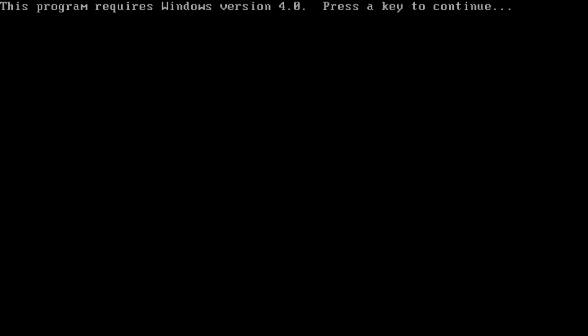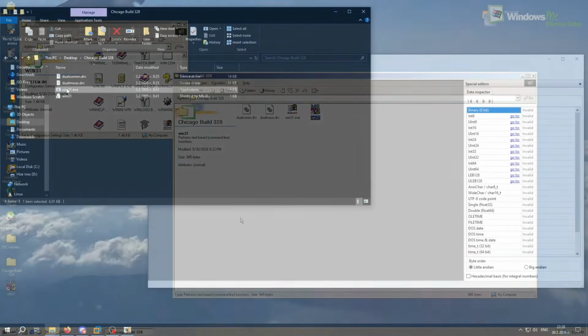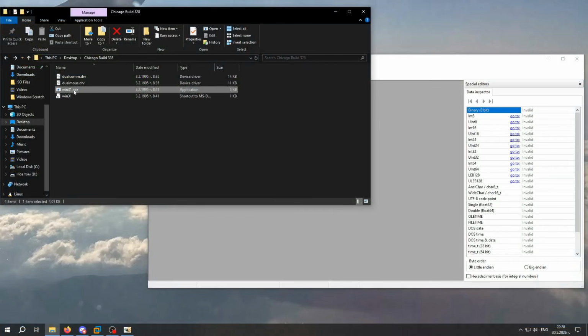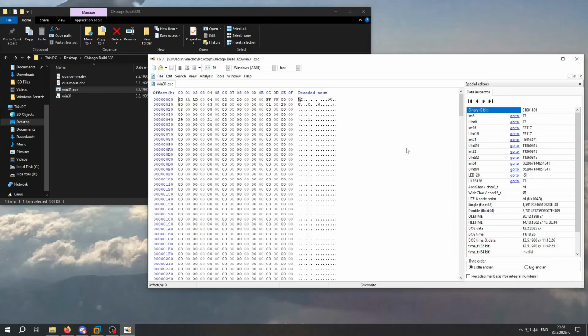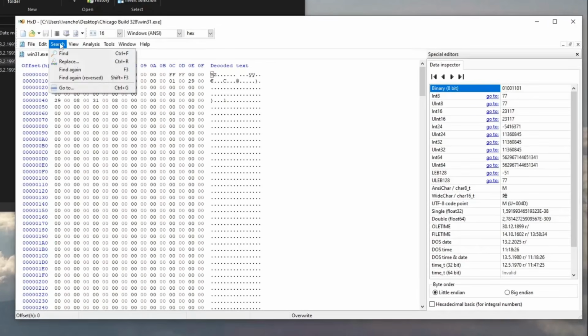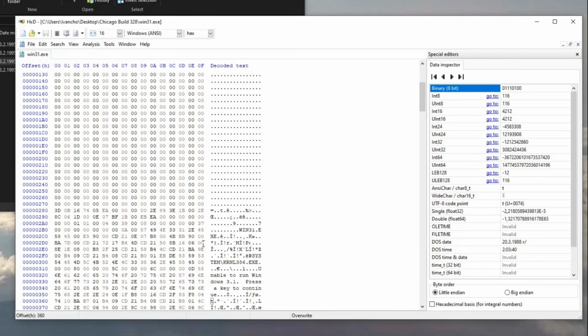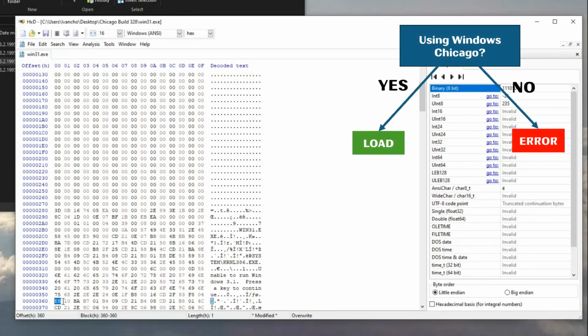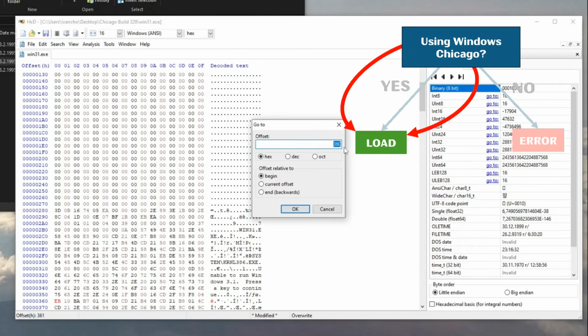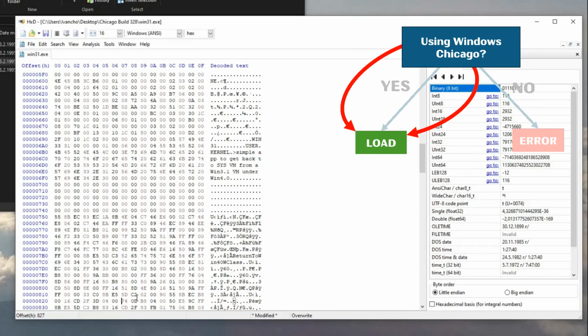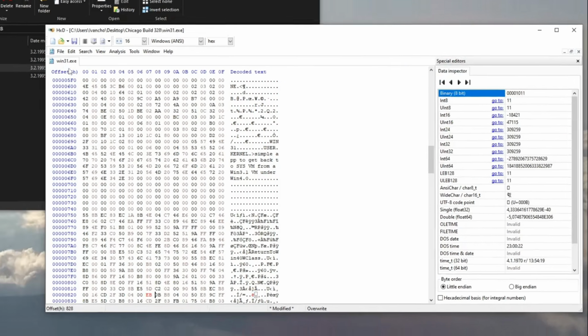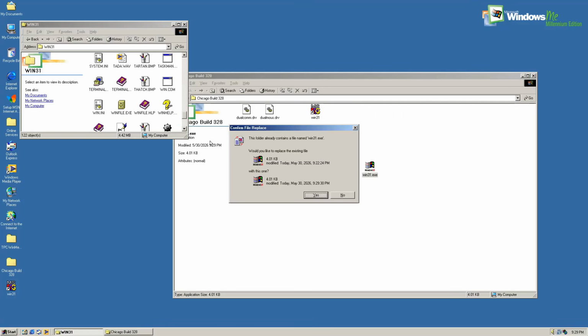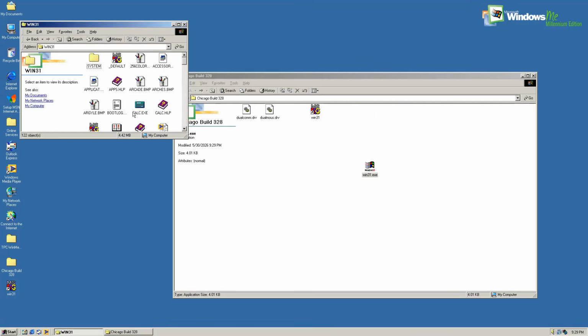However, we face an issue. The loader requires we run it under Windows 4.0, which is a codename for Windows Chicago. Luckily, we can easily get through this version check by using a hex editor to modify 2 bytes, which correspond to a CPU instruction that I will replace with a jump command, meaning no matter the version check result, it will always continue on with running the loader. Let's put in our patch loader,